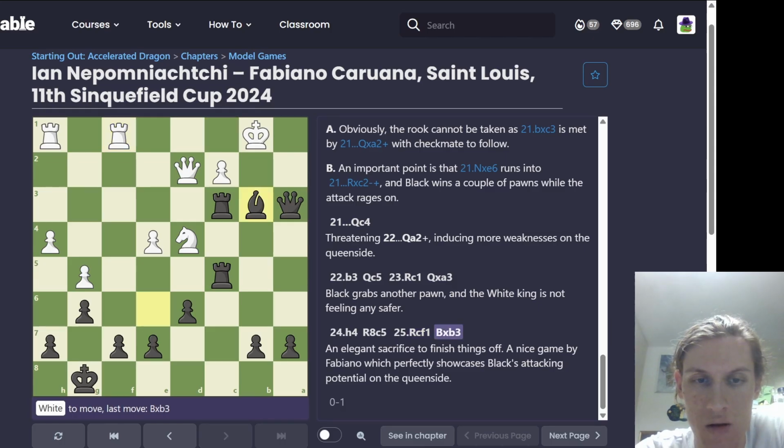Rook f2 c1, bishop takes g3, bishop takes b3. An elegant sacrifice to finish things off. If they take with a knight, what happens? I guess rook c2 and it's GG. Too many checkmates. And even if they take with the pawn, well, if they take with the pawn,